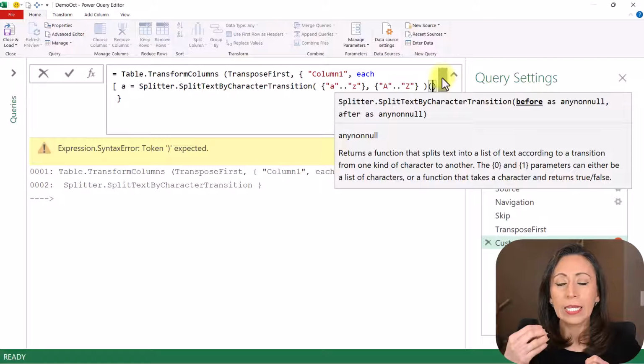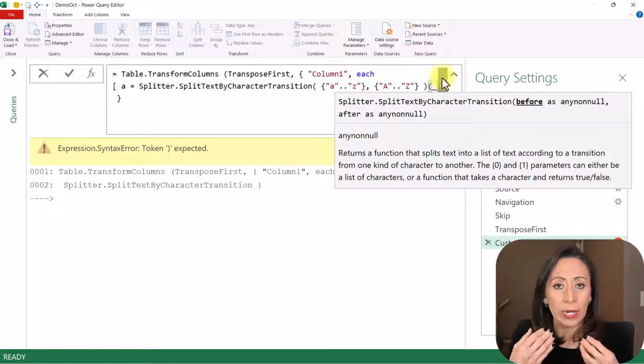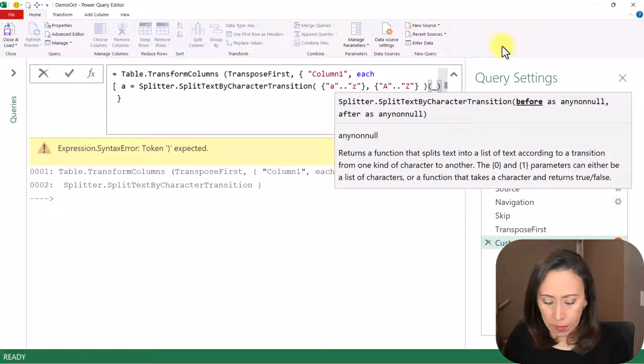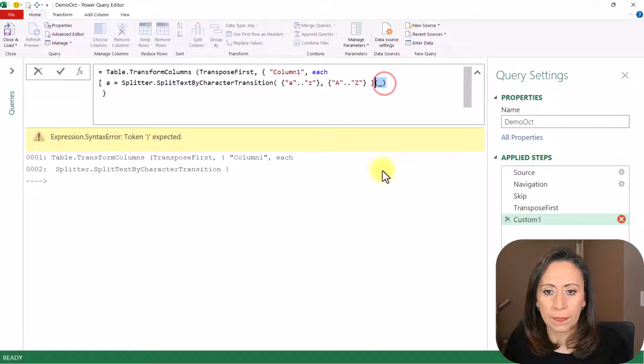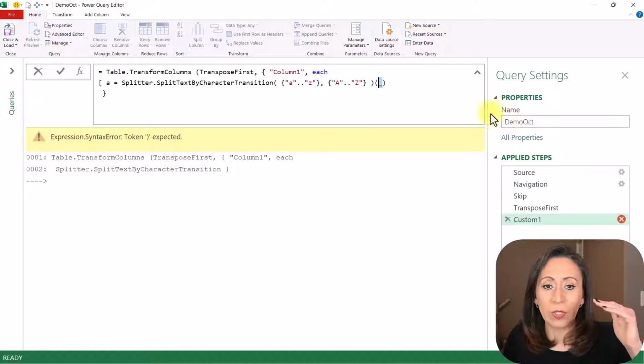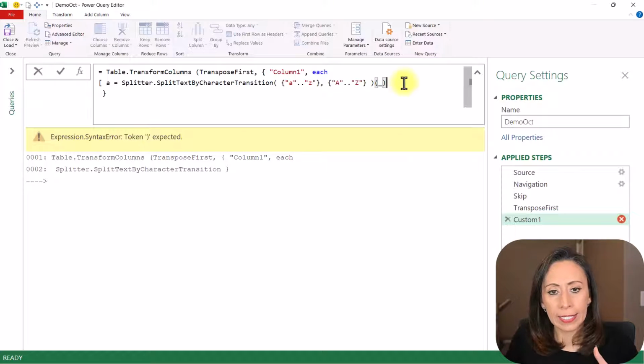When I invoke this, then it's going to apply this criteria, or it's going to split the text based on lowercase and uppercase to every single line that it is in Column1, which is in every single column name. And to tell Power Query to look at every single line, I'm going to provide the underscore that you can barely see here. And Control Shift minus, so you can see a little bit better this part of the function right here. This is what I'm saying by invoking the function by opening the parentheses, providing the underscore to tell Power Query to invoke this function in every single line of my Column1. And now that I did that, I can go and close my square bracket, which is the equivalent to in,